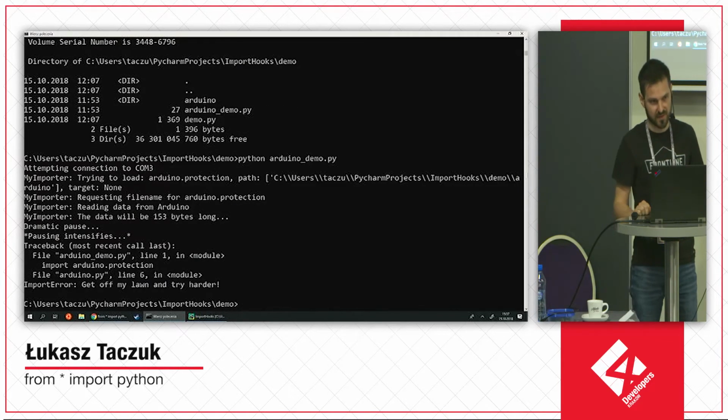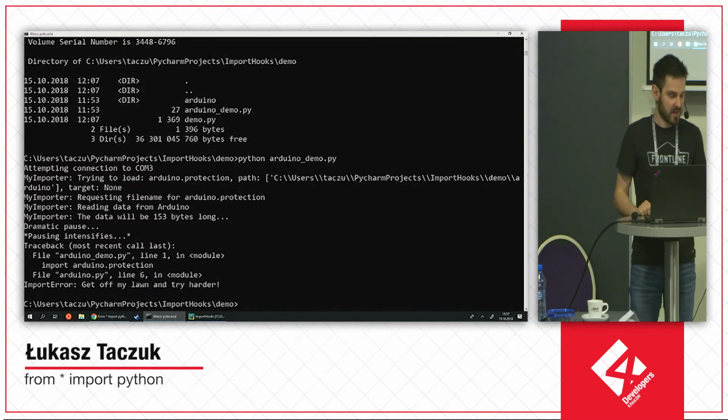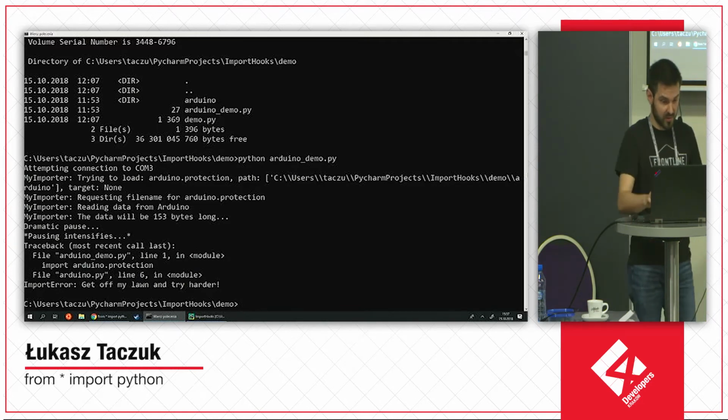And, well, it threw an import error. That's because the red light was on. So what we do now is flip the switch. So wait, the code is imported from there? Yes, well, everything that's